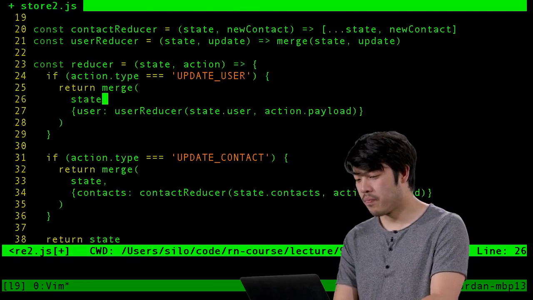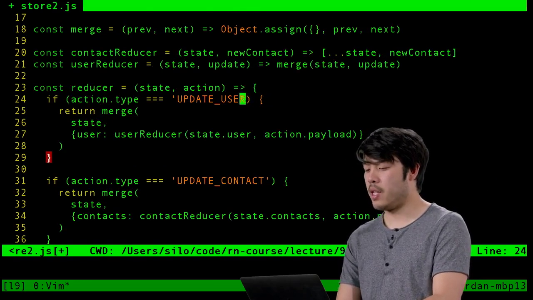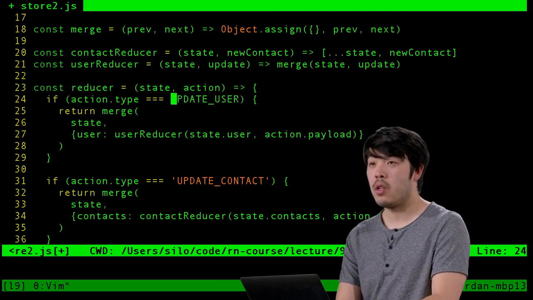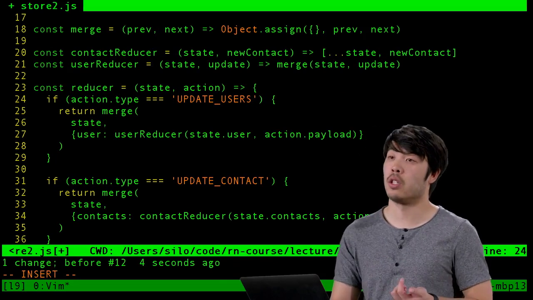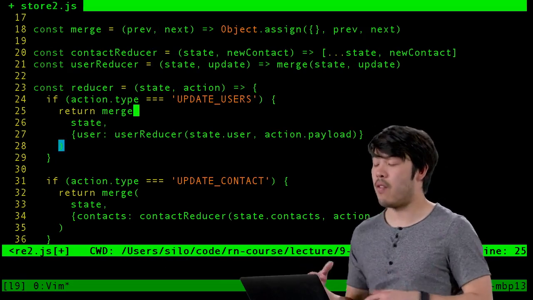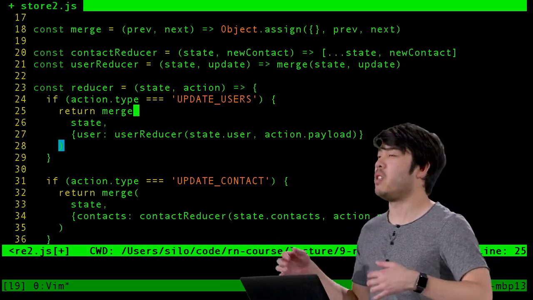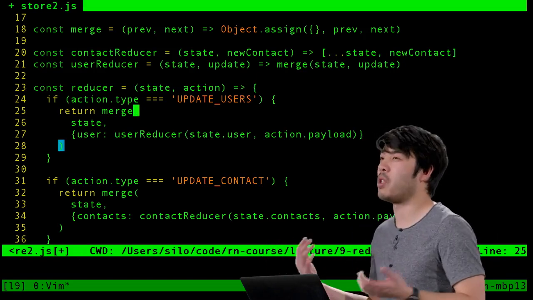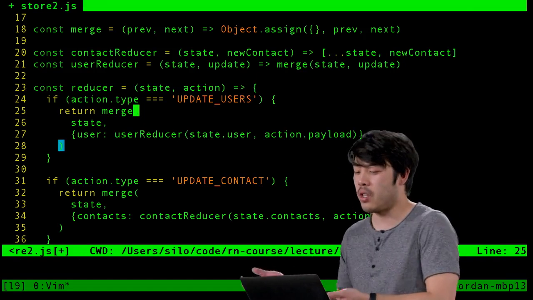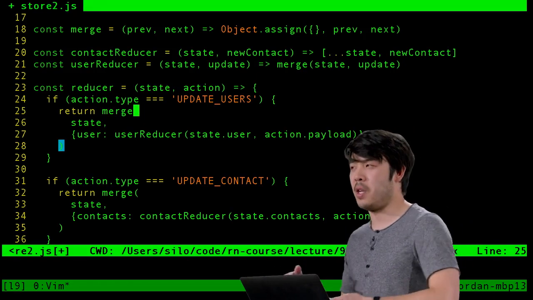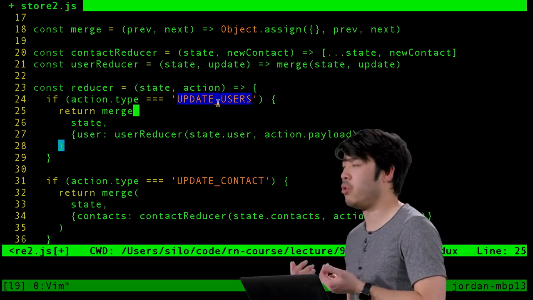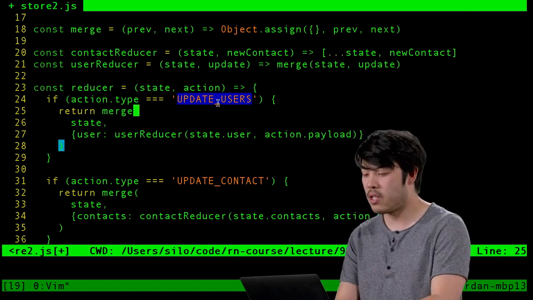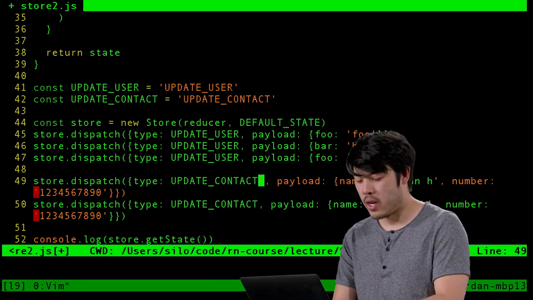And then same here. So what this does is it protects us against typos. So say I had accidentally typed this in as update users plural. Now it's never going to match. And it might be difficult when we're trying to debug, like, hey, what's going wrong? I'm passing this action called update user, and it's not updating our user. Why? Because we're actually looking for an action type called update users plural. And so to save us from that, we just